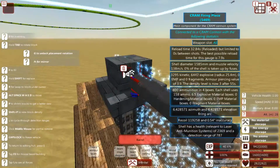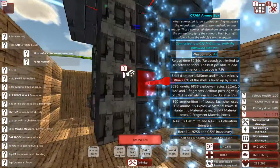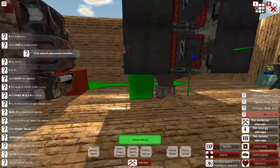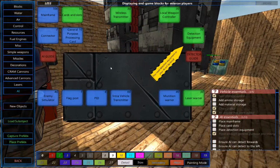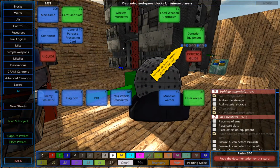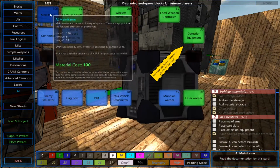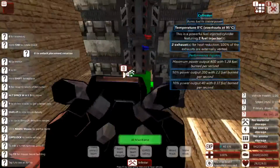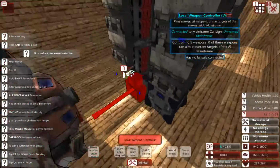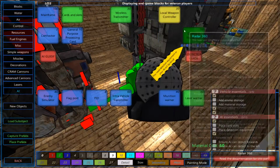So what I'm going to do is go to the bottom of the turret. And before I forget, I'm going to go ahead and put an AI. We do need an AI to control a turret, but we don't need a vehicle AI. Just an AI really is all we need. The mainframe. So I'll put the mainframe, local weapon controller, and then I'm going to go ahead and throw on a